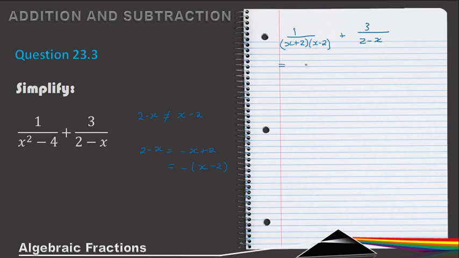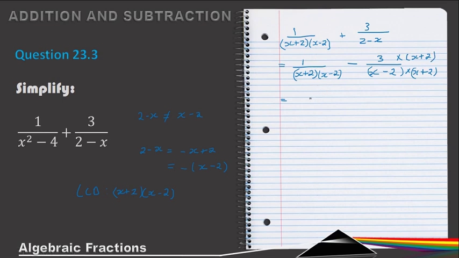So next step, we're going to just swap these two guys around. Now that only counts for if this is a negative. If it is a positive, then you can easily just swap them around without changing anything else. So this is then 1 over x plus 2, x minus 2, and then we change the sign and we swap those two around, so that's then x minus 2. So now our lowest common denominator will be much shorter. We just have x plus 2 and x minus 2. So for the first fraction, we don't need to multiply anything, but the second one we need an x plus 2. So multiplying that top and bottom,